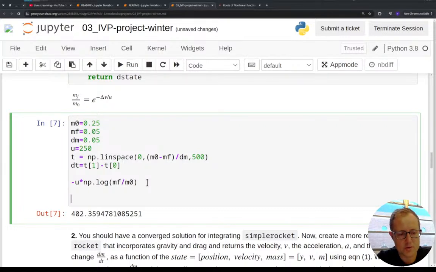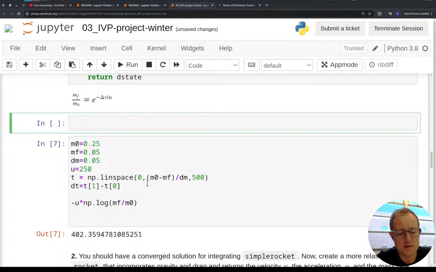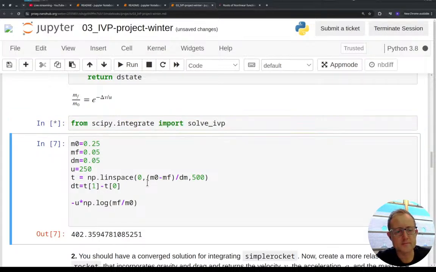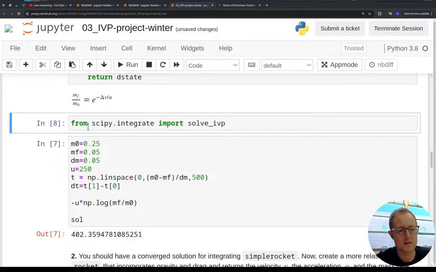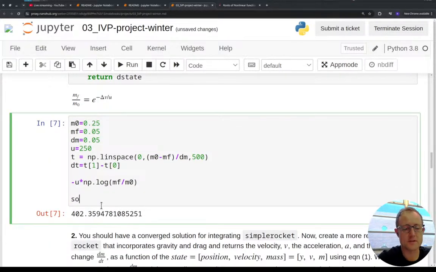Yeah, so let's try. So I saw some people from scipy.integrate import solve_ivp. I saw some people using this solve IVP method, and it's a nice way of doing things. I guess the only thing with this is that we're not going to be able to control our time steps. So let's remove that. We're gonna do it